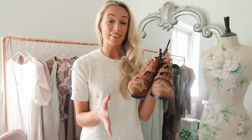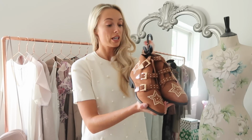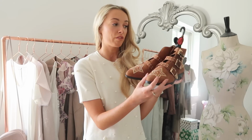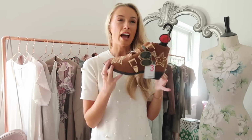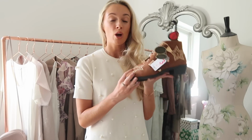Even if you don't care about the fact that they're a dupe, I do think that these are a really lovely pair of autumn boots. They look great with white jeans, they look good with midi skirts, that kind of thing, so a really lovely style. And when it comes to finding dupes in Primark, my best tip would just be to make sure that you're aware of these key pieces,